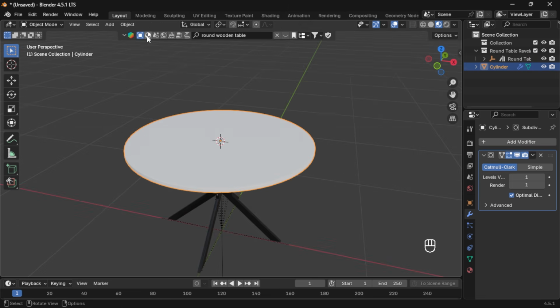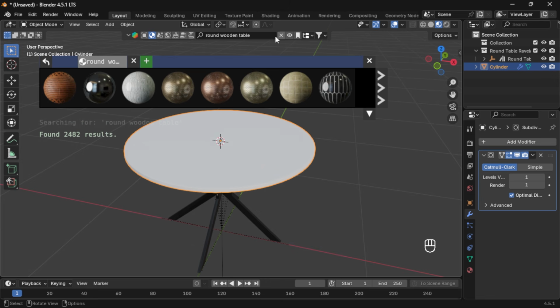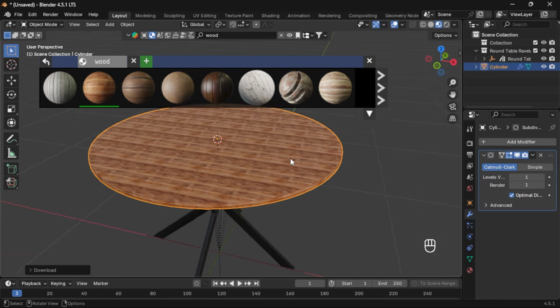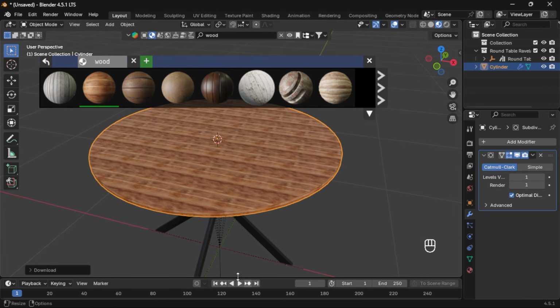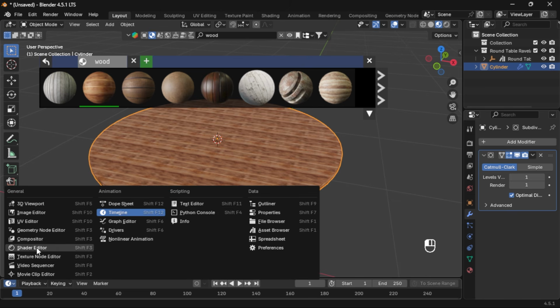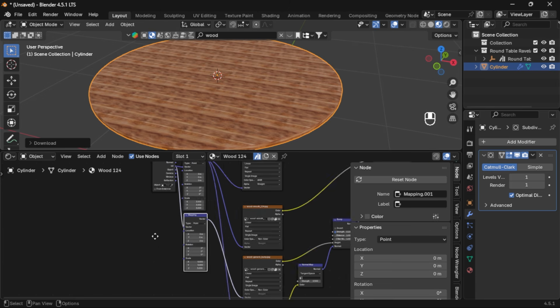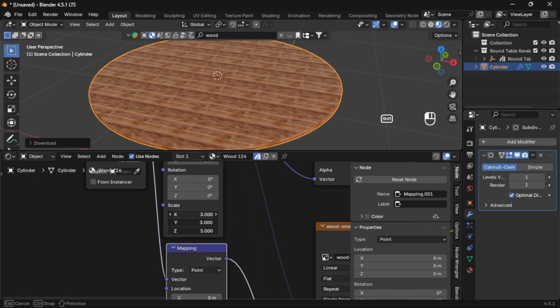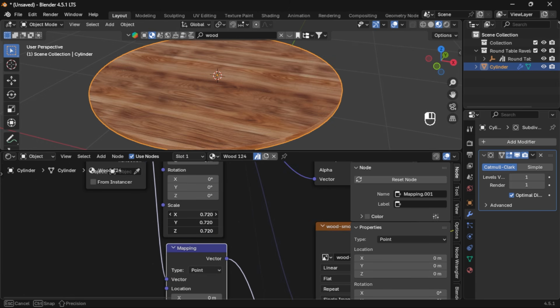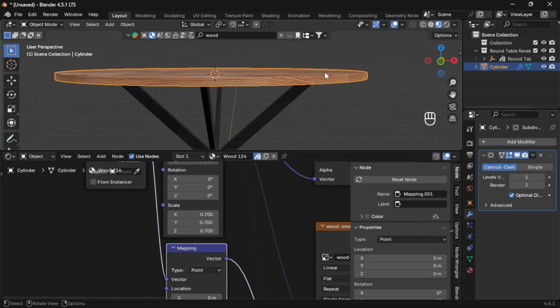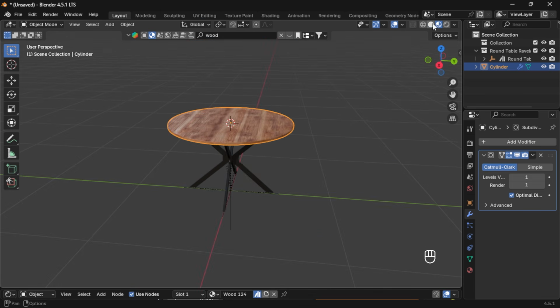And now let's add a wood material with the Blender Kit add-on. So I'm going to search for wood, and I think I like this one, so I'm just going to select it. And right now it's looking like this. We just have to go to the shader editor right here. Let me hide this, and then let's decrease this so it looks a bit better. Something like this. 0.7, and now I think it's looking better,